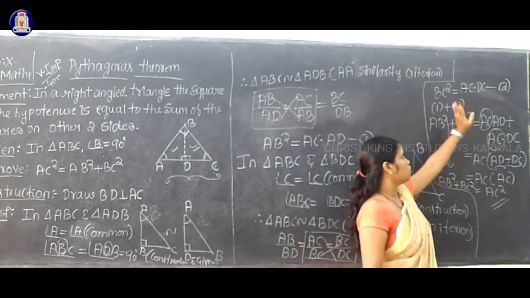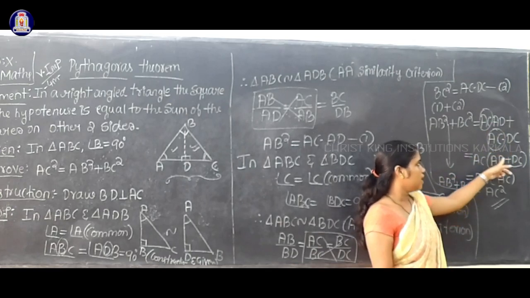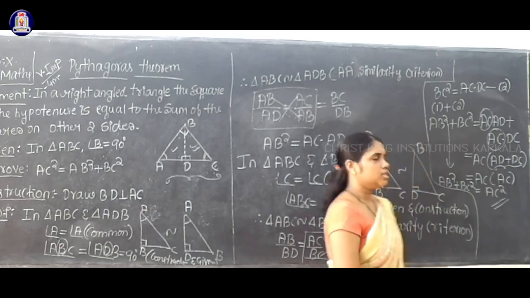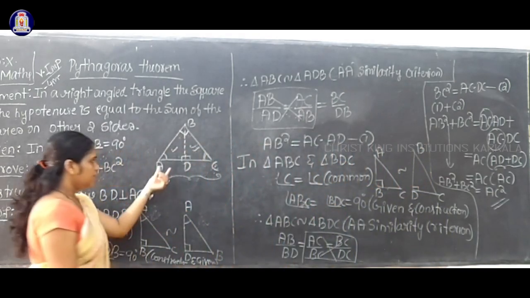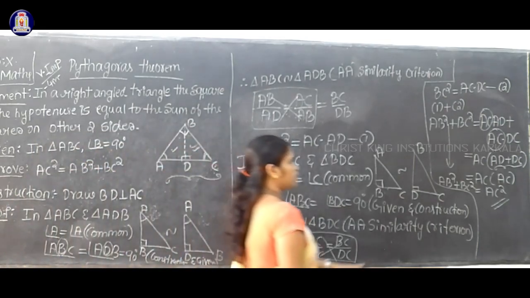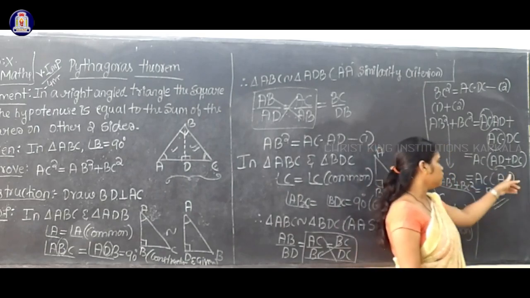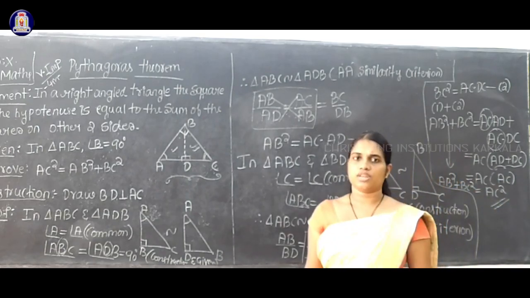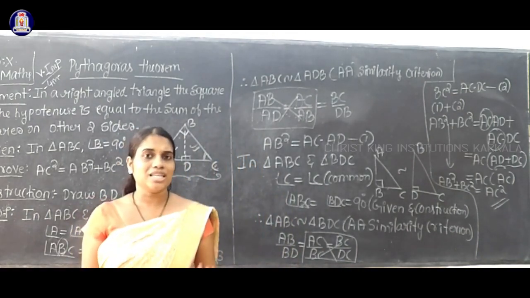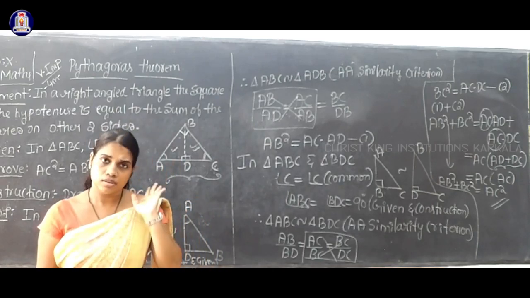Then add equation 1 and equation 2. Here I will get AC as a common. Take it outside. Then which one is remaining inside the bracket? AD plus DC. Okay. Just look at your original figure. AD plus DC is equal to the full side, that is AC, isn't it? So substitute AC in the place of AD plus DC. So AC into AC is equal to AC square. So this is our result. Okay. So students, write and practice at least 5 to 6 times. Okay. This is a very important theorem.